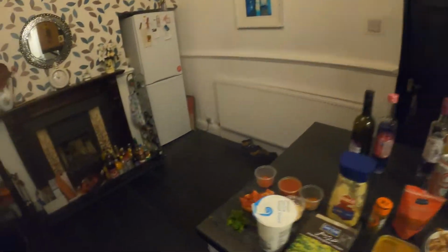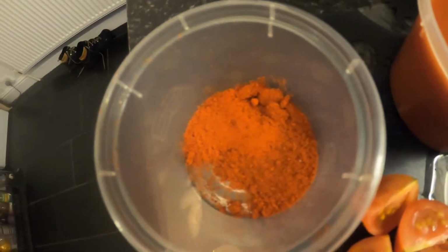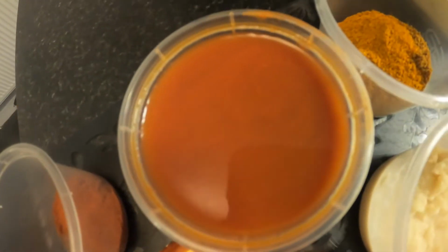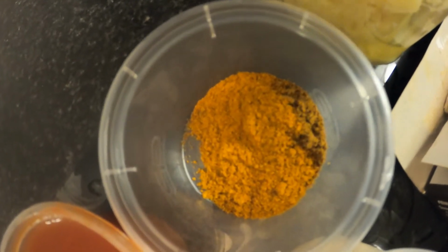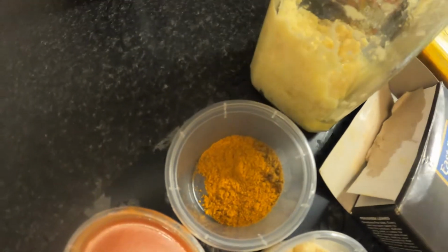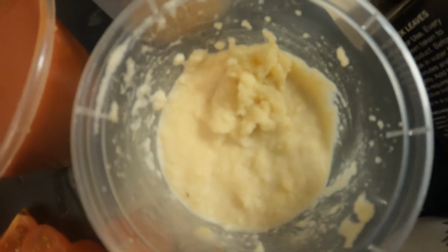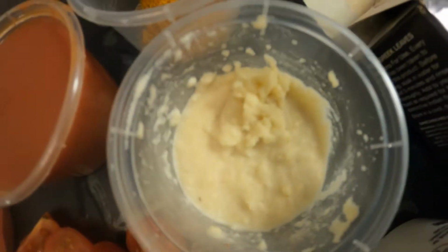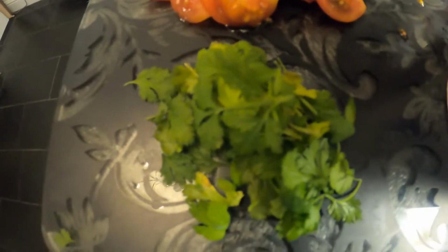Tonight I'm going to be making a Chicken Rogan Josh. So I'll just run you through the ingredients as always. So here we've got some paprika and chili powder. We've got some tomato puree which has been diluted. And then we've got some of the mixed spice blend and cumin. And there we've got some ground almonds which has been mixed with some water to make a paste. You can use cashew for that as well, either or. And we've got some chopped tomatoes, some coriander,